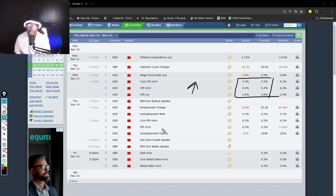Another thing, yesterday we had PPI. This is the same as the estimate, but unemployment claims were a little bit higher. Today we are just waiting for retail sales. This is not really good because we see this economic data starting to push up, showing that there is enough activity in the economy, which is good, but at the same time that might delay rate cuts because inflation is slowly creeping back up again. That is not really good. But we'll just wait and see what happens with retail sales. At the moment, we already see that things are starting to go back again, which is not really good. But anyways,